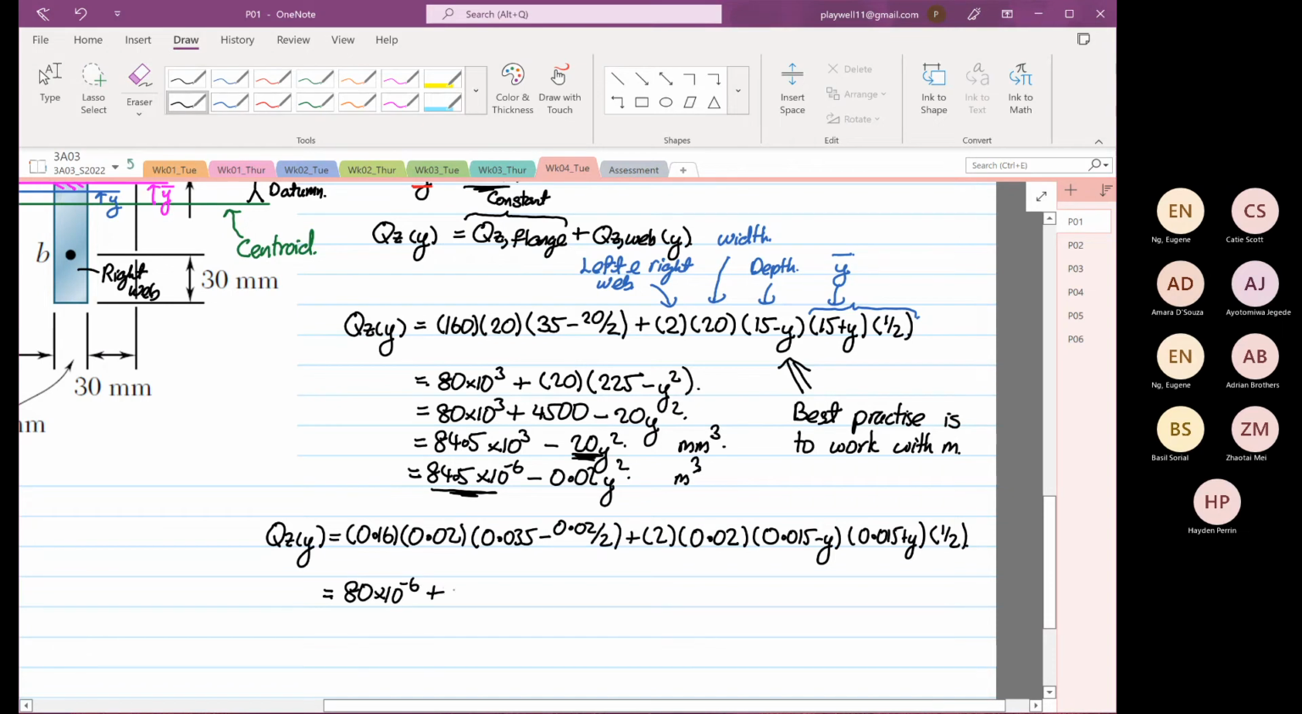So you have 0.02 multiplied by 0.015 squared, which is equal to 225 times 10 to the power minus 6, minus y squared. Okay, so this will be equal to 225 times 10 to the power minus 6 times 0.02, plus 80 times 10 to the power minus 6, which is equal to 84.5 times 10 to the power minus 6, minus, sorry,